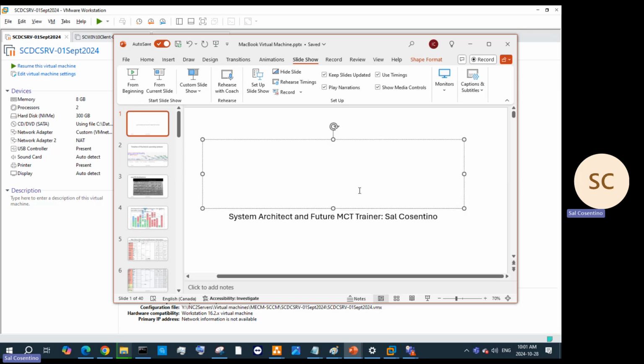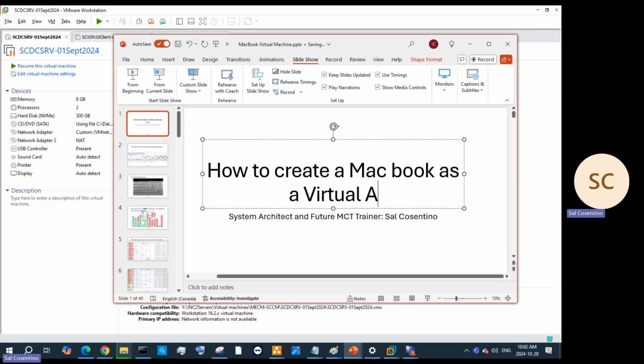In today's class, we're going to be talking about how to create a MacBook as a VM, as a virtual machine. A lot of people do have MacBooks on hand, and